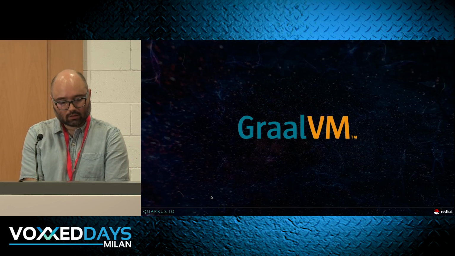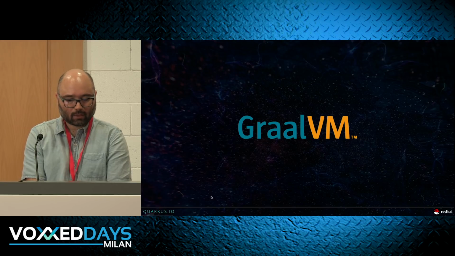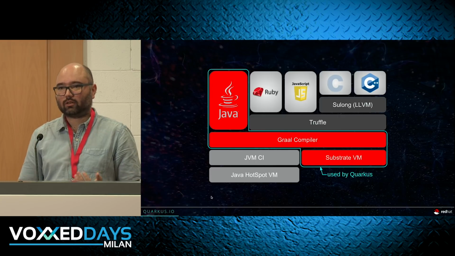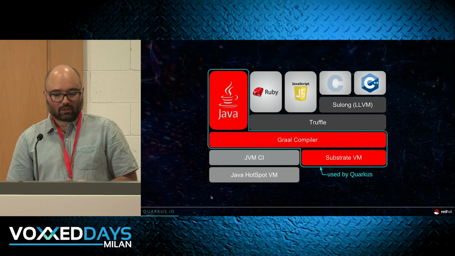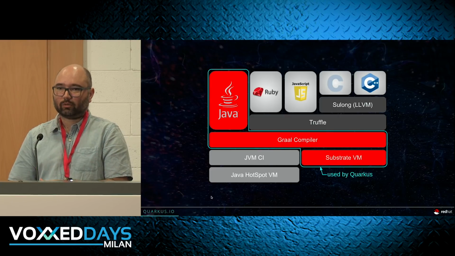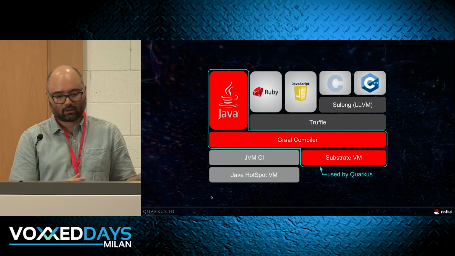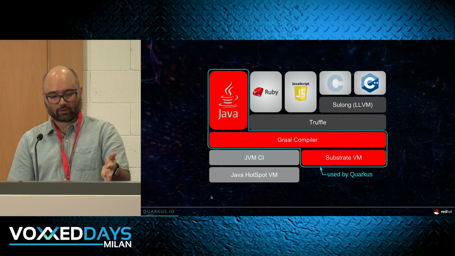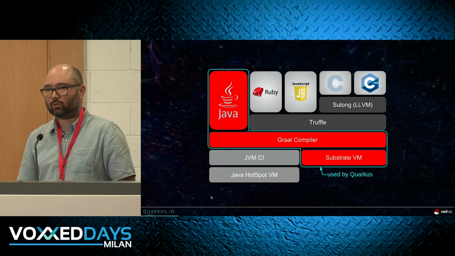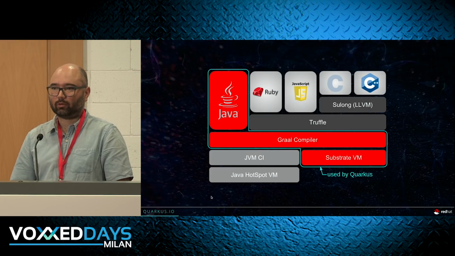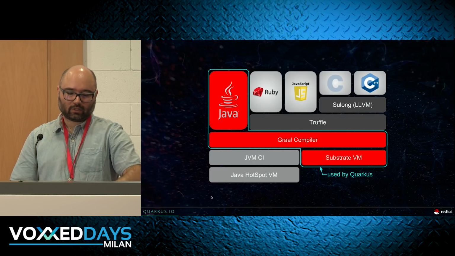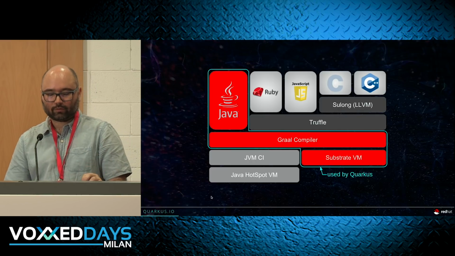So first off, what is GraalVM? It is a quite large project. There are many components in there. There is a Graal compiler which is able to produce native code, highly optimized from bytecode, and from Java bytecode, but also for Ruby, JavaScript. There is this Truffle library which is like a toolkit to create your custom languages, and there are implementations of these well-known languages. I'm not going to talk about Truffle in this case because there is no Truffle implementation for